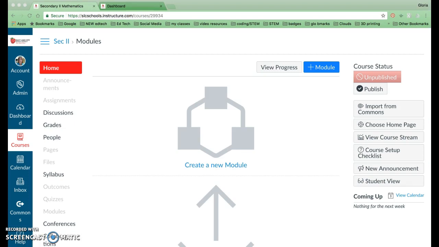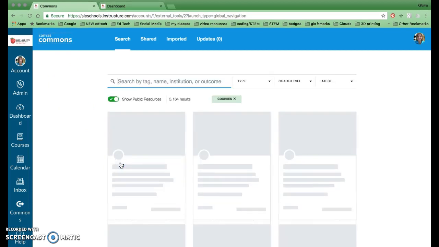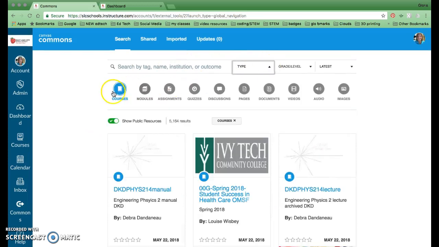Now I'm ready to go get my content that I want to import, and there's two ways I can do that. I can either click Commons over here, or I can click Import from Commons here. I'm going to go in this way just to show you one of the two ways. Here I am in Canvas Commons, and I'm going to sort by courses. So we'll do that. And you can also change your sort here or sort for more than one type of resource, but I'm going to just type in here secondary